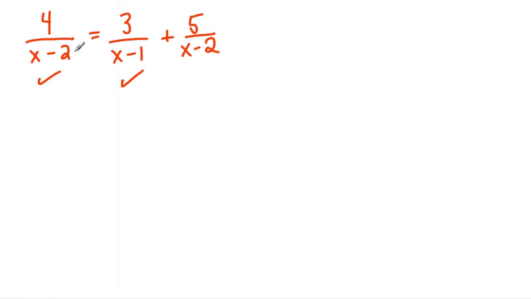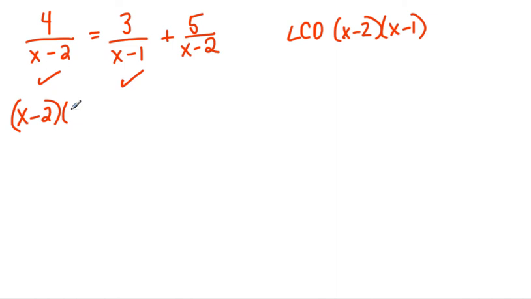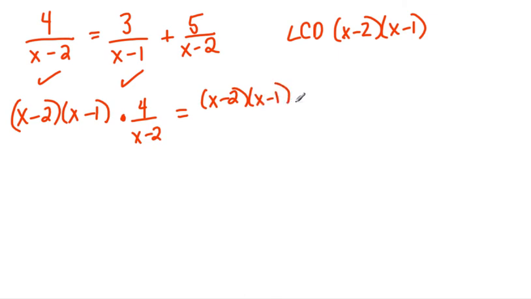No. Does everybody agree that my LCD is X minus 2 times X minus 1? So, here we go. X minus 2 times X minus 1 times X minus 4 over X minus 2 equals X minus 2 times X minus 1 times 3 over X minus 1 plus